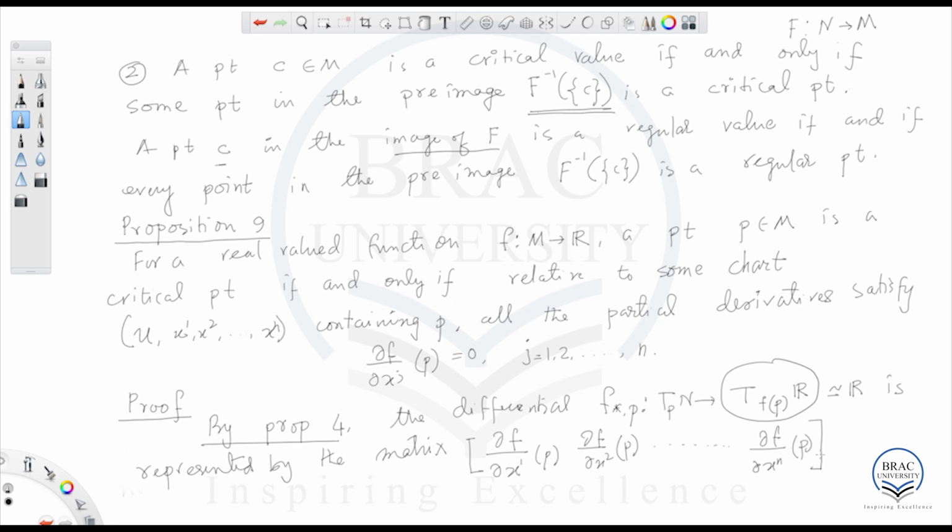So this is the Jacobian matrix with respect to the basis del by del x1 at P all the way up to del by del xn at P. Okay, this is the basis of T_p N. Sorry, T_p M,